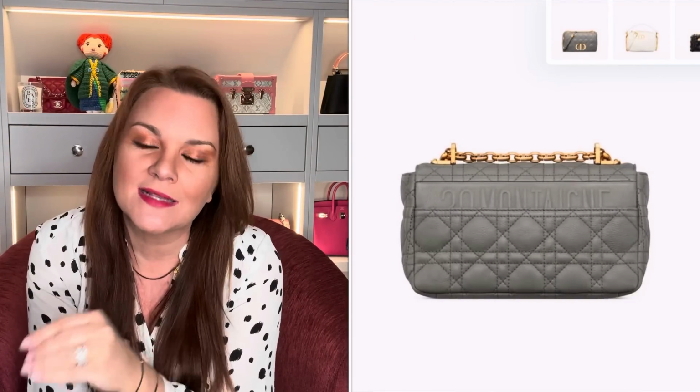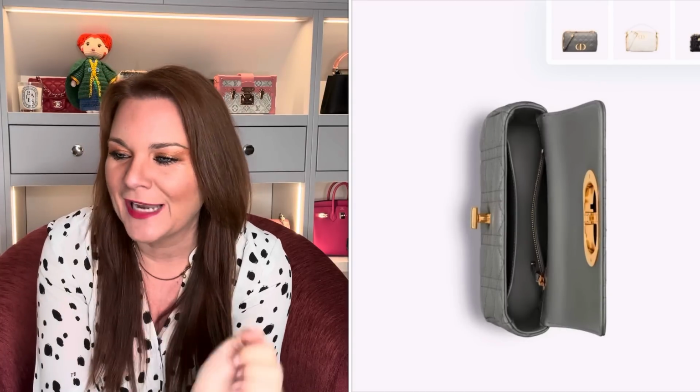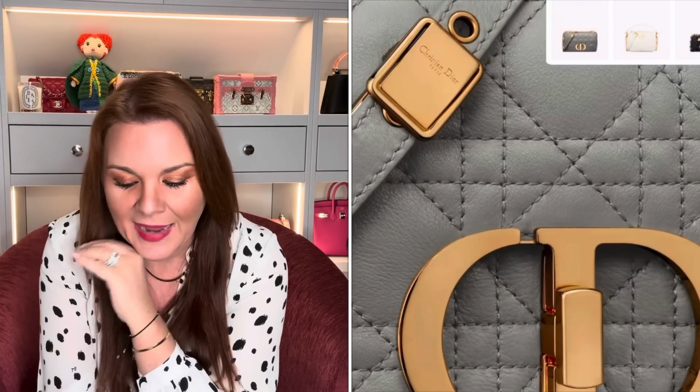Next is the small Caro bag. The small Caro bag can be worn crossbody. They also come in a medium size. The medium is obviously more expensive, and they do release the Caro bag in some beautiful leathers. They've released it in denim. They've released it in some fabrics that looked like a sofa, which I absolutely loved. Some really interesting versions. But the Caro bag in the small size starts at